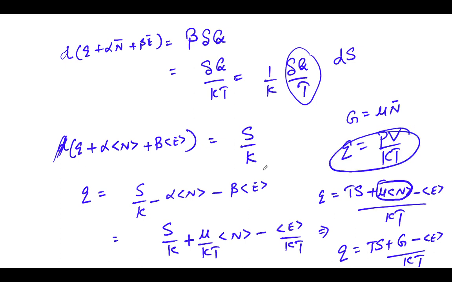So this is our undefined parameter, that is the Q potential. It comes out to be equal to PV over kT. PV is the change in work done, which is dependent upon the temperature, how it is being exchanged. So this equation provides the essential relation between thermodynamics and the various states of the grand canonical ensemble.